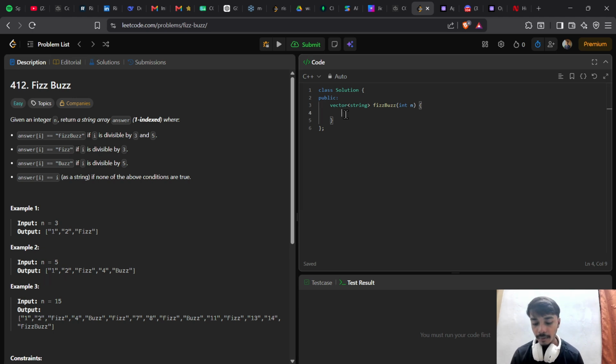So let's get started. We will have a vector of strings over here to store our answer. And a for loop: int i equals 1, i should be less than or equal to n, and i plus plus. And if i modulo 15 is equal to 0, then answer dot push back